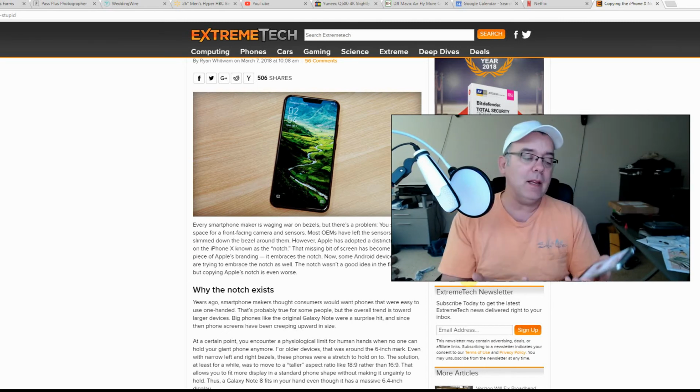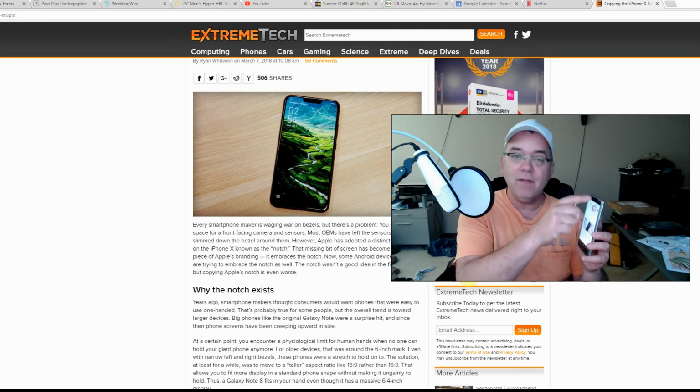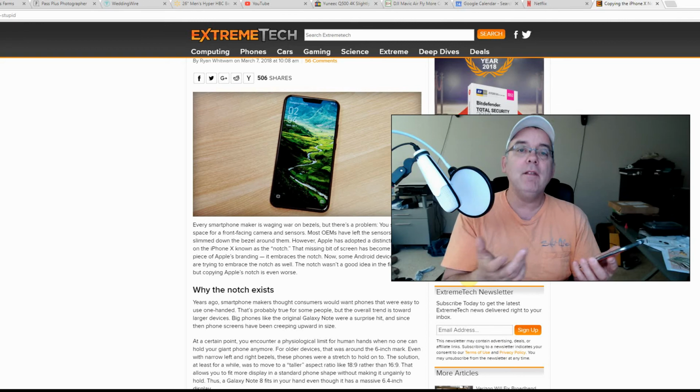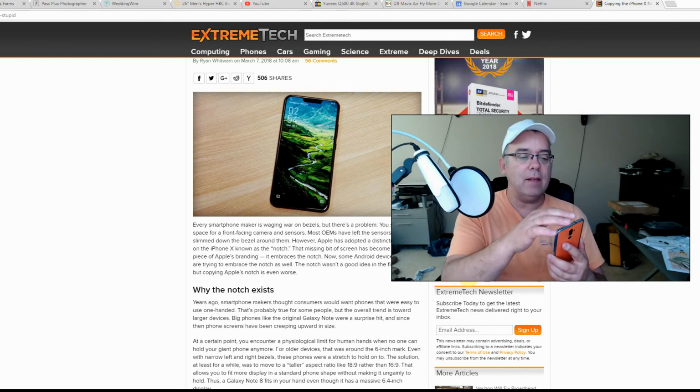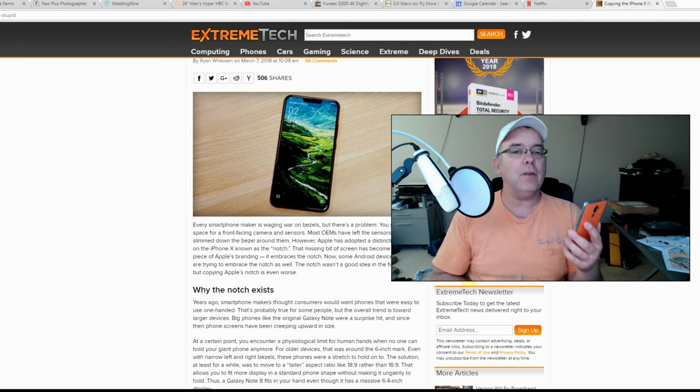You want to copy innovation? Copy the Mi Mix, that one phone that was all screen and it actually didn't even have a notch at the top. It used the corners of the screen for the speaker, so it didn't even have the speaker. And then there's a new phone coming out that has that, and the camera pops out of the top. So they're trying to make the front-facing camera. Well, how